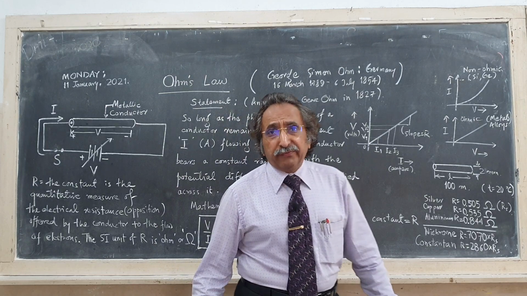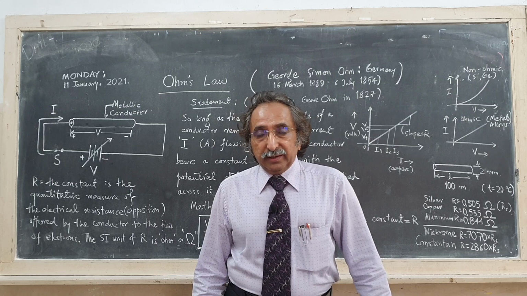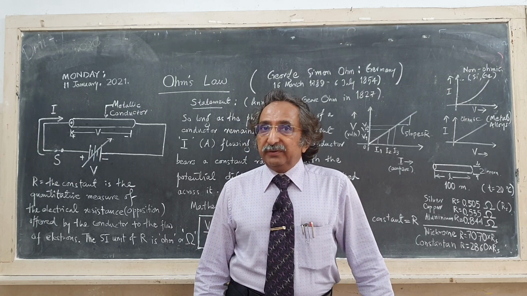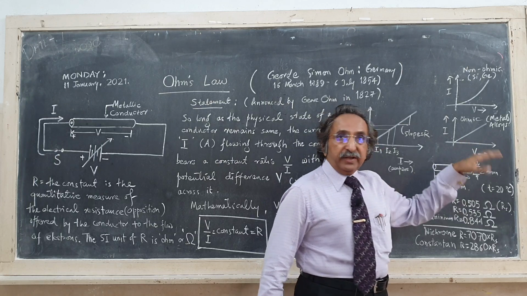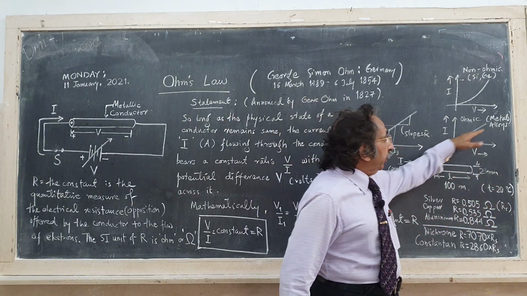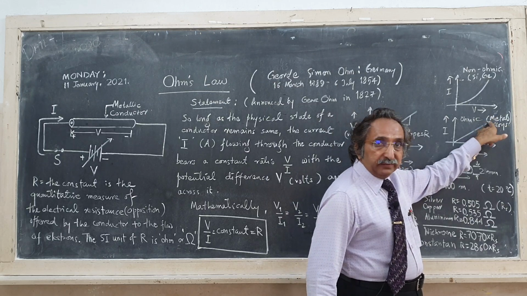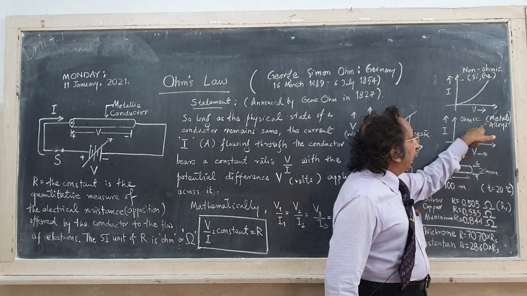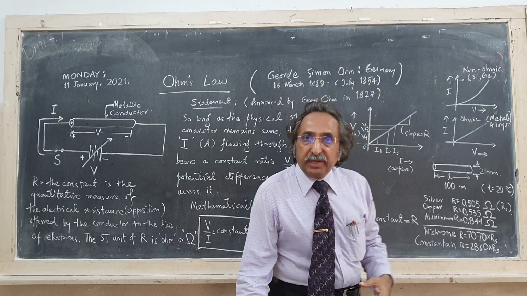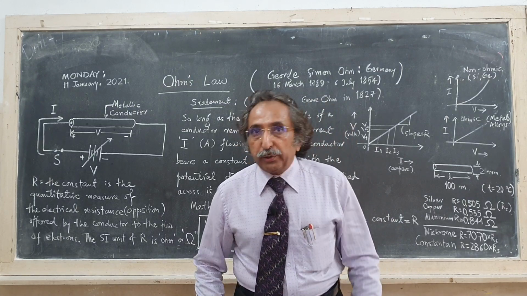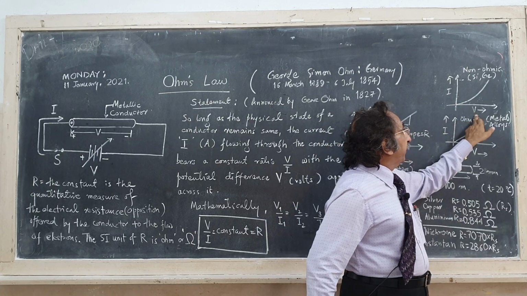There are two types of conducting substances, ohmic and non-ohmic. If a substance is a pure metal, it will show you this kind of behavior. If it is an alloy, it is also going to show you this kind of behavior. Later on, the line splits and it may actually sag off. And especially for semiconductors, Ohm's law is not obeyed. It is obeyed only in the initial small range of applied voltage.